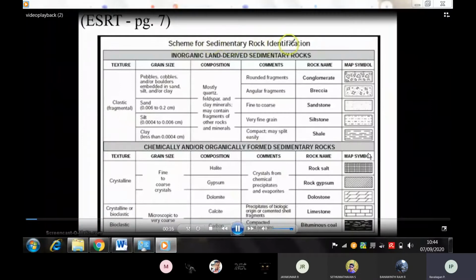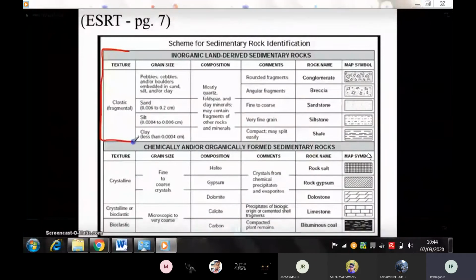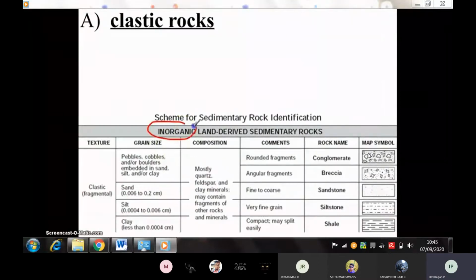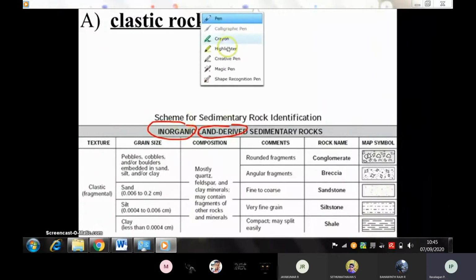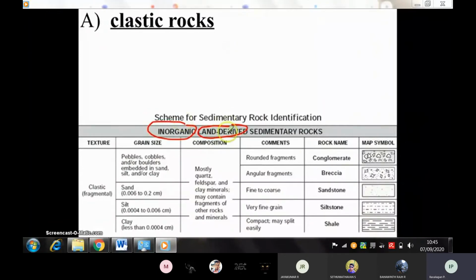Rock identification. You'll notice that the chart is broken up into two sections. We have one section on the top and another section on the bottom. We're going to start by exploring the top part of the chart, which are rocks that are inorganic, land-derived. Now, inorganic means not living or never living. Land-derived means they come from land. So all of these rocks in the top section come from existing land, basically rocks that are not living